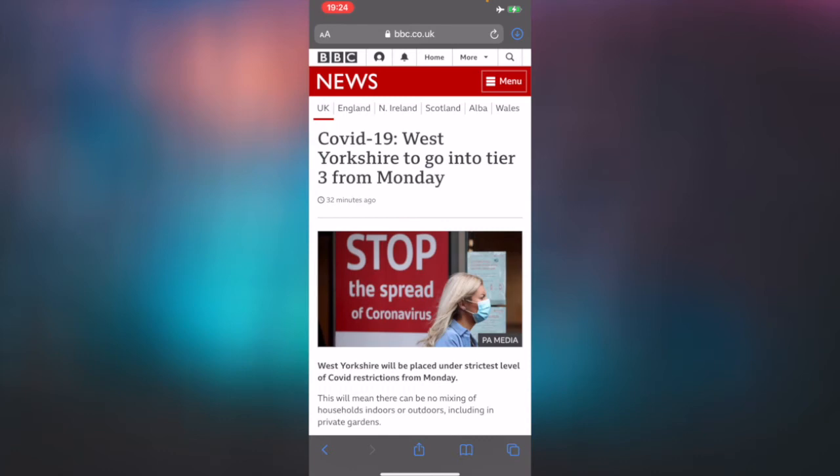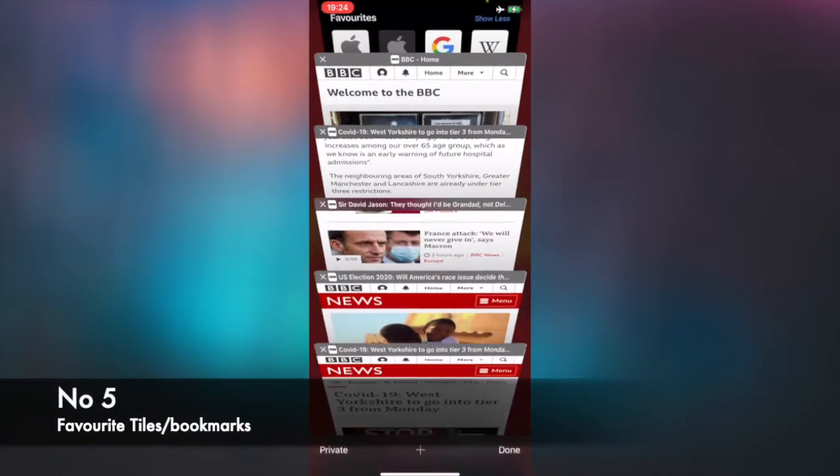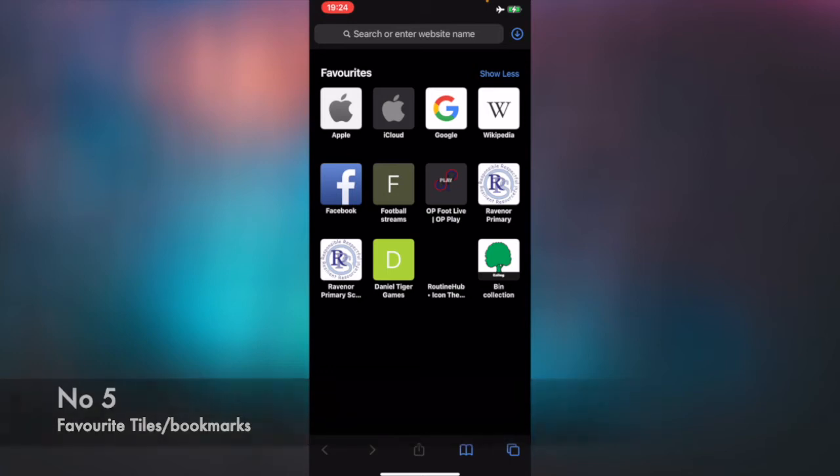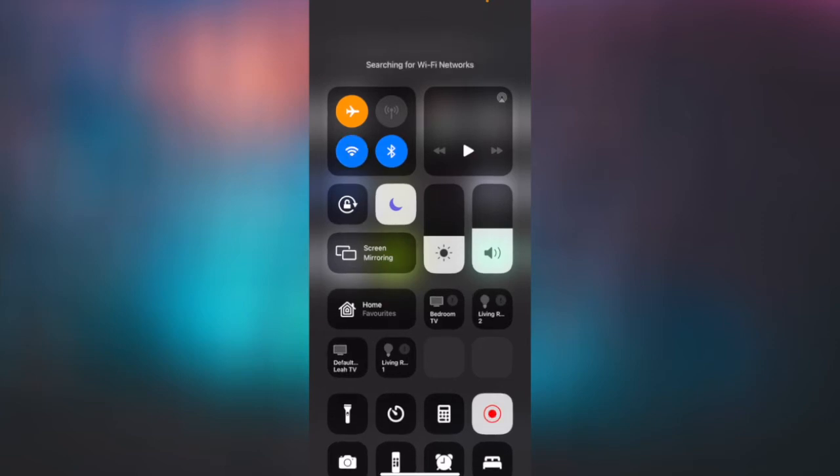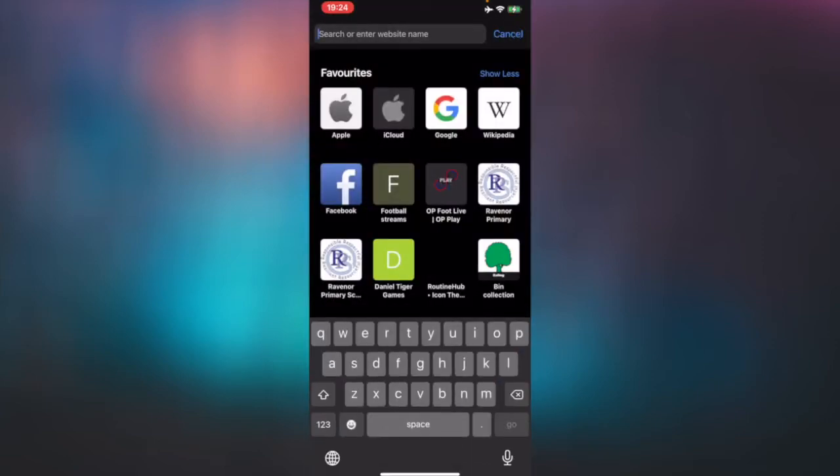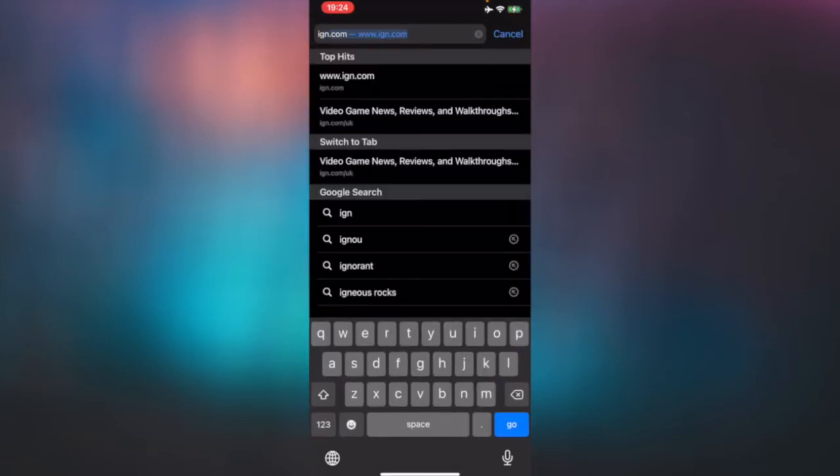is adding to your favorites. So now you would have seen when I started the video, I've got these little tiles. So these tiles are most important. If you know there's a site like Google, for example, you visit all the time, all you got to do is add to your favorites. So the way how you're going to do that is by, let's say, coming into